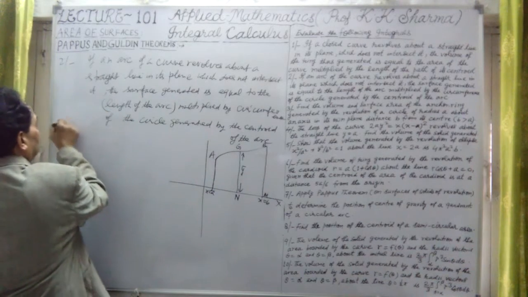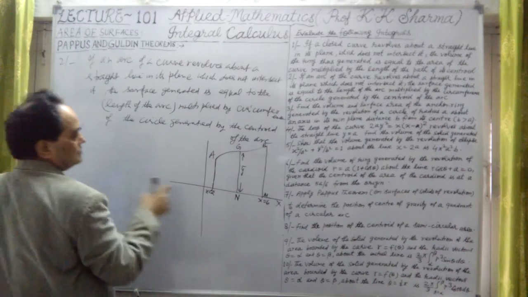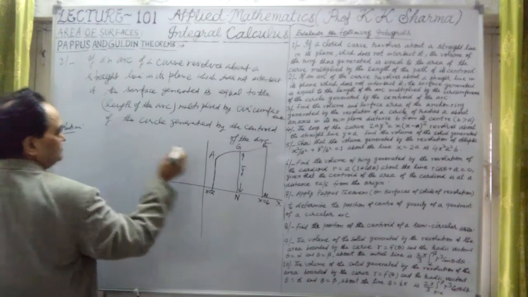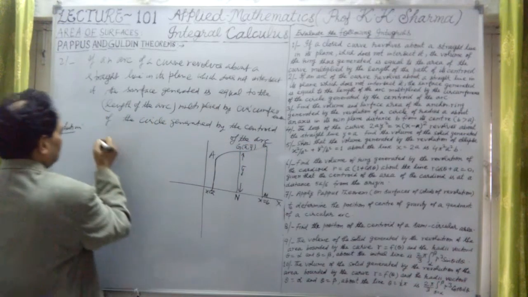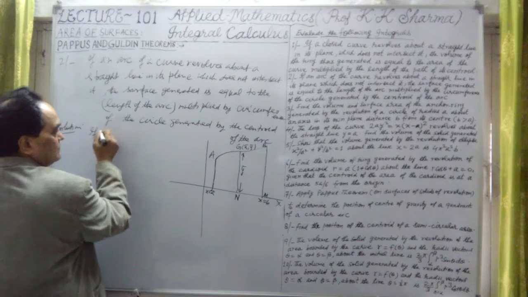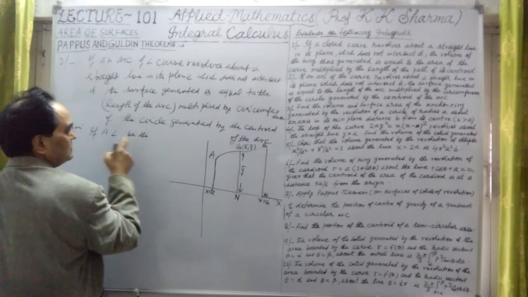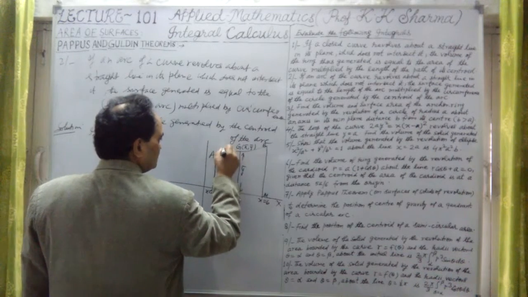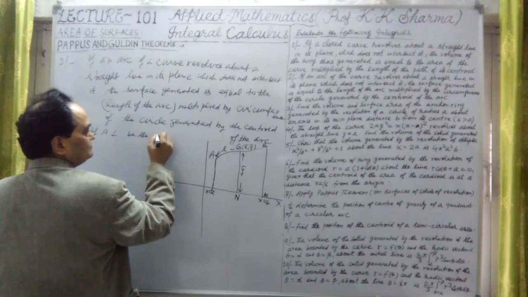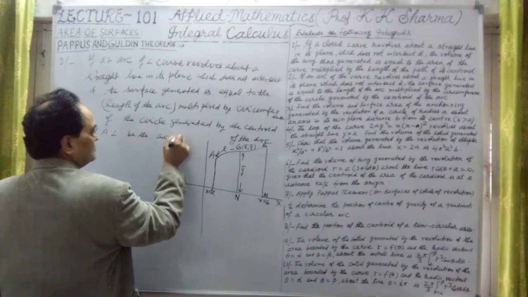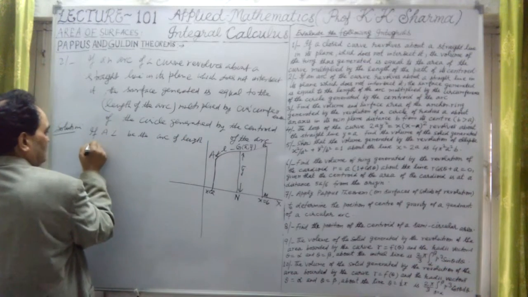Now let me find the solution. Let me prove this. If G is the centroid here, with coordinates x bar and y bar, and if AL be the arc, the length of the arc is L. This is L here, the length of the arc. If AL be the arc of length small l,